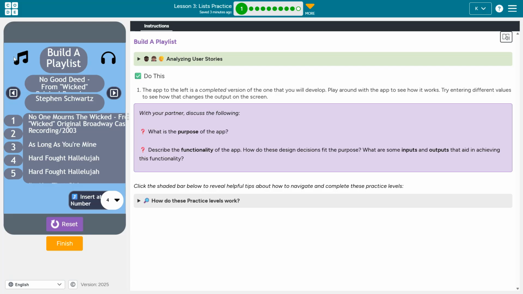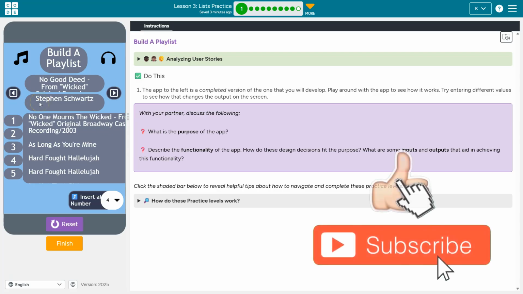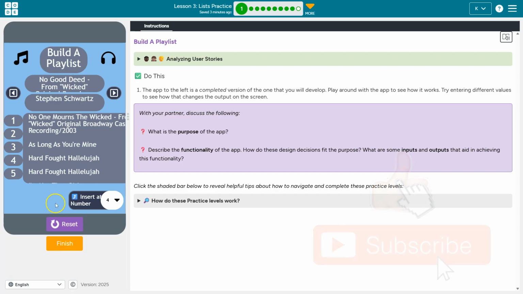All right. What are some of the inputs and outputs? So inputs, guys, are anything we are providing to the phone or the application. So a button click is technically an input. The number 4 here, when I select this and hit insert, that's being provided somewhere. So that would be an input. The favorite button, that's also going to be an input. And so are these next buttons. The outputs, right, are going to be, well, the list up here. The emojis would be an output. Somehow the computer is outputting those. And when it adds it to this